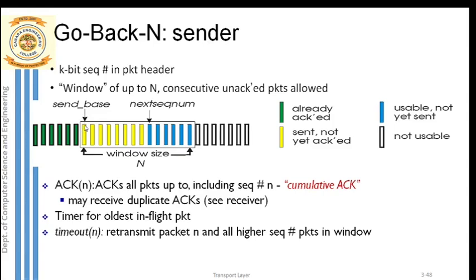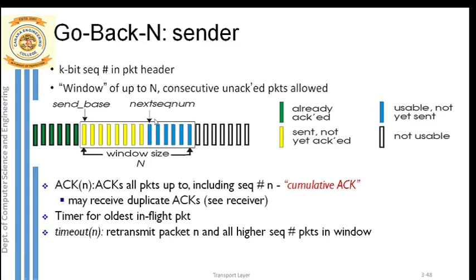That is, the first packet inside the window, pointed by base, indicates that these packets are not yet acknowledged. But these blue packets are the ones wherein the first blue packet is pointed by next sequence number, which indicates that this is the packet which is yet to be sent. So these are the packets yet to be sent. As and when they arrive from the application layer, these packets can be sent. So once this packet arrives, the packet can be transmitted.